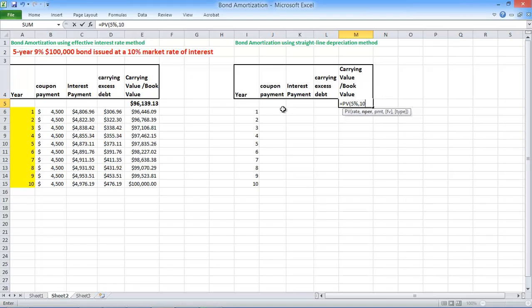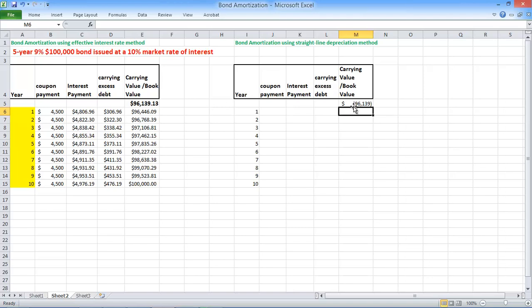The number of periods is 10, because 5 years times 2 is 10. The payment is the coupon, 9%, so we have 4.5, so our payment is 4,500, and at the end we have to pay back our face value, which is the future value, 100,000, and